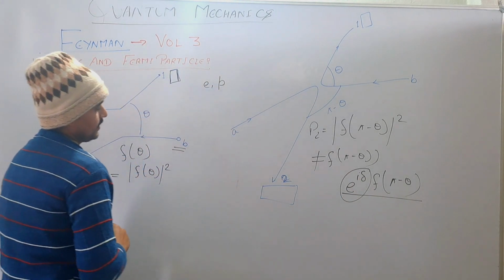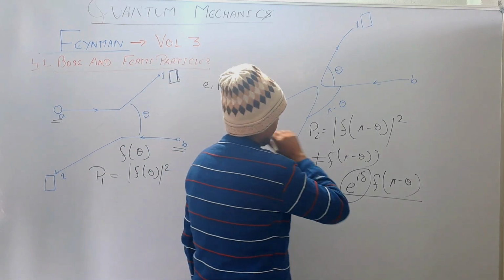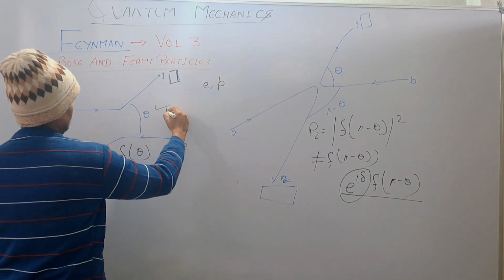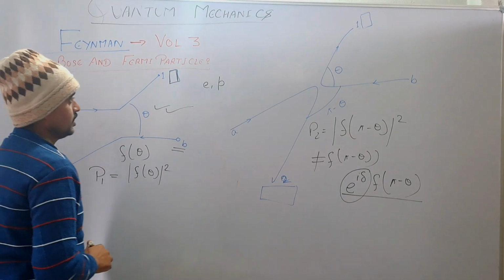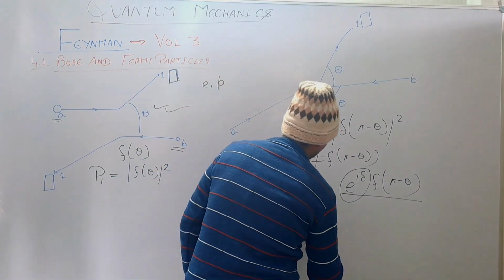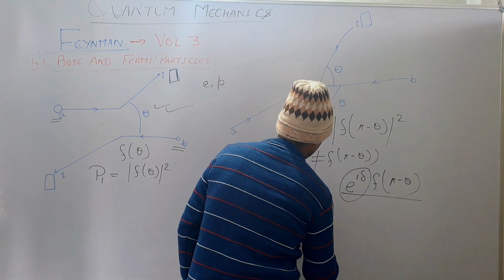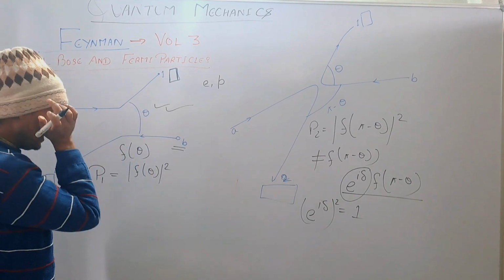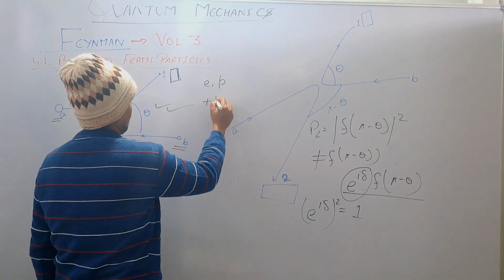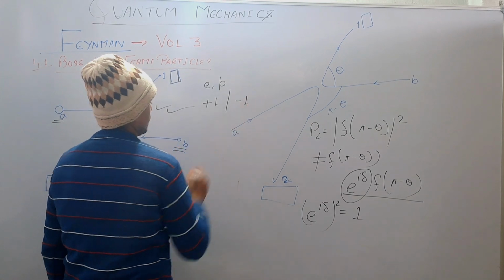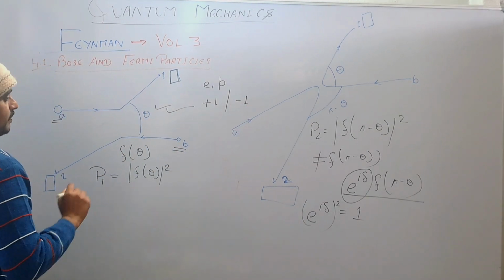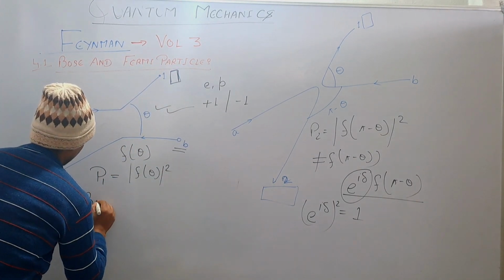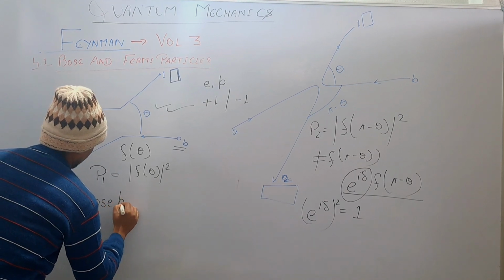Now if we exchange the role of the particles again, we will get the original or first process. So the square of the phase factor is always 1. So what will be the value of the phase factor? Either it will be +1 or -1. If the phase factor is +1, then in that case it will be a Bose particle.